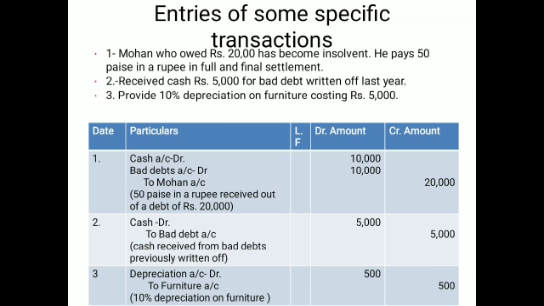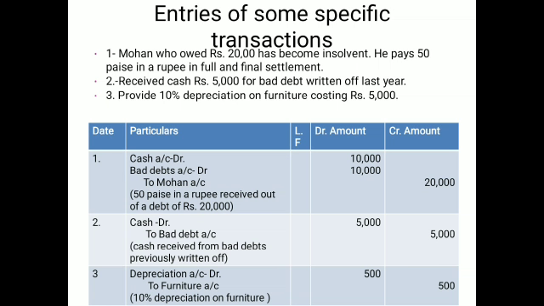It means we have to settle the Mohan account. So in the Mohan account, we have to write down 20,000 because this amount is receivable, he has to give. The cash coming is only 50%, that is 10,000. Cash coming means cash is debited as an asset. And Mohan's liability is to pay 20,000. But the difference, that 50%, is the irrecoverable amount called bad debts. So it is to be debited as loss, bad debts.